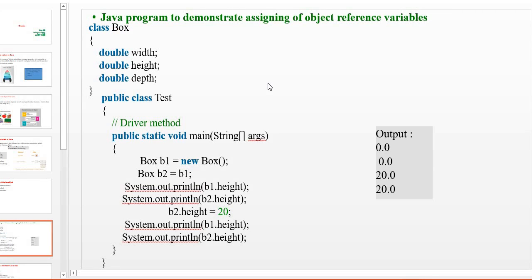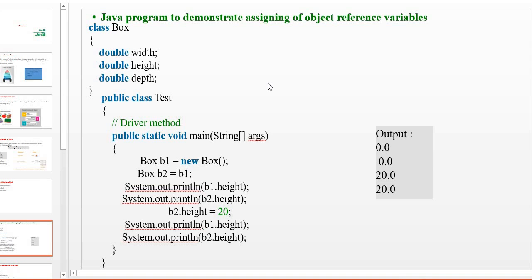The first way is by assigning: a Java program to demonstrate assigning of object reference variables. How can we instantiate the object through reference variables, or assign objects through reference variables? Here I am considering a class Box with 3 instance variables, width, height and depth, of double data type, and one more class Test where I define a main method.